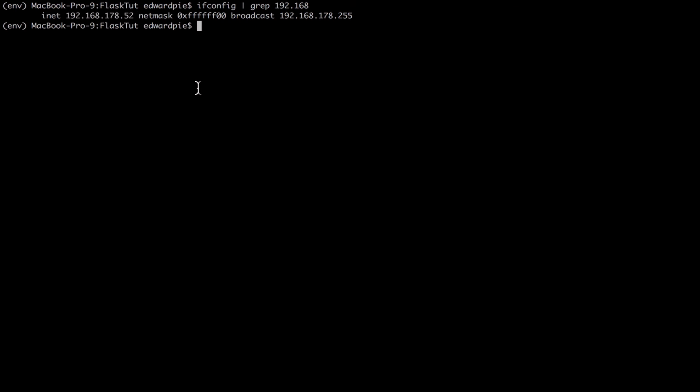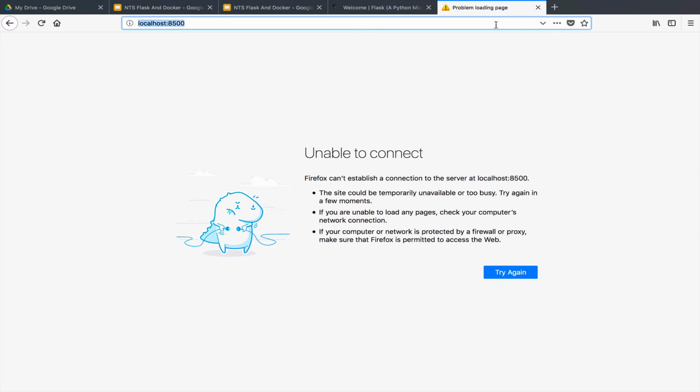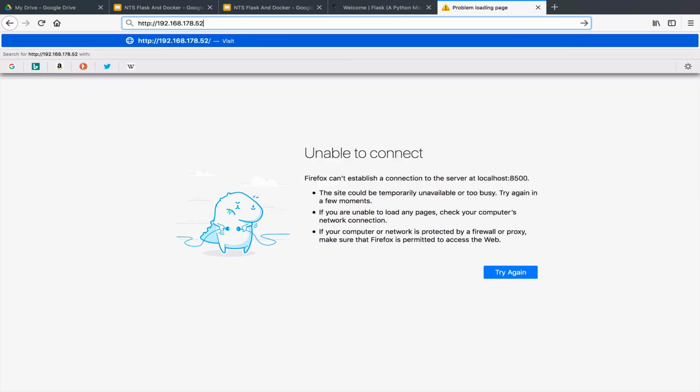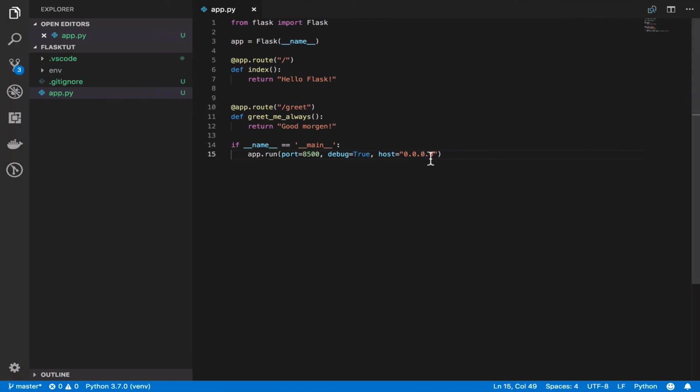Unfortunately, I don't have two laptops that I can share the screen from, but I'm running it here, and then if I came here and said http://my IP address:8500 on that other computer, and I hit enter, you see, this is working because my IP address knows how to reach itself. But if you did it on another computer, then you get this UI, your web application showing up there. But if you didn't run it with host 0.0.0.0, you will not be able to access it from the outside world. So basically, these are some of the configurations that we can play around with when we are starting